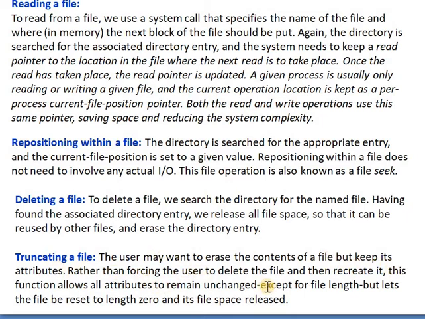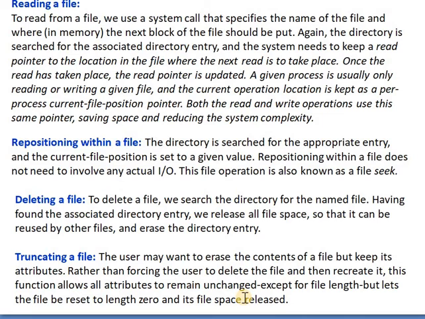Rather than forcing the user to delete a file and then recreate it, this function allows all the attributes to remain unchanged except file length, but lets the file be reset to length 0 and its file space is released.